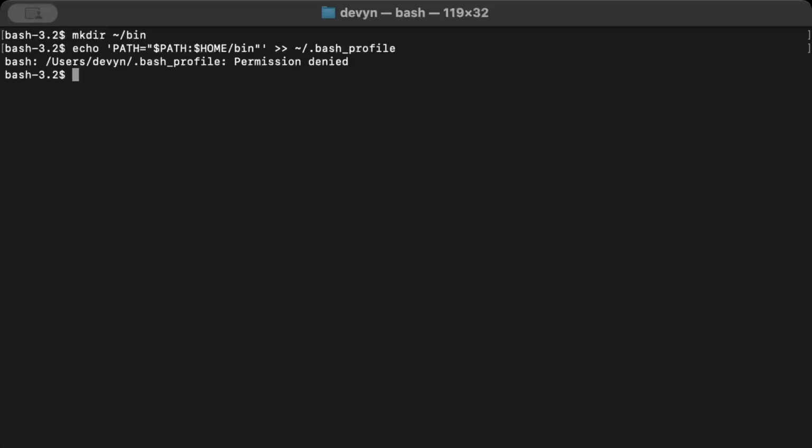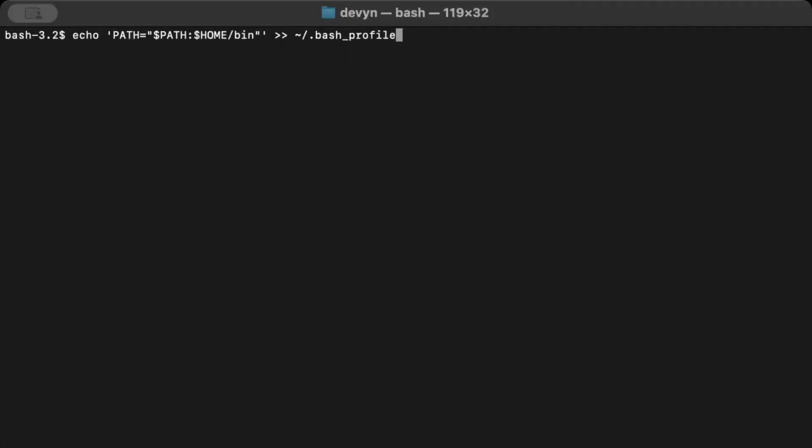So I'm going to hit enter. Now in my case, when I hit enter, it actually showed an error. As you can see, it says permission denied. Why is this exactly? Well, my bash profile is actually owned by the root and not by my own user, which is Devin. So to change this, what I need to do is run sudo, which lets me run the command as a root user,